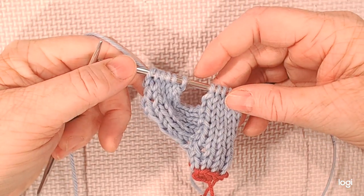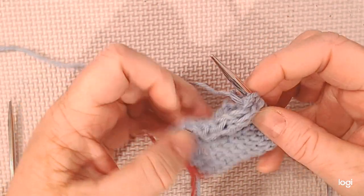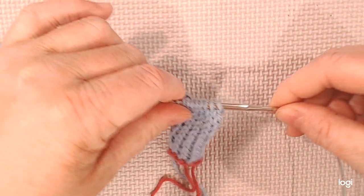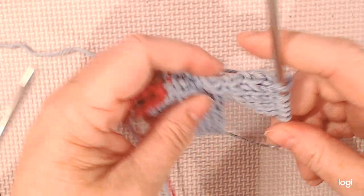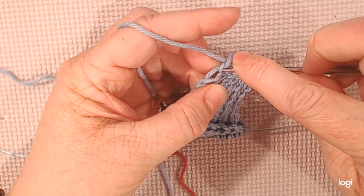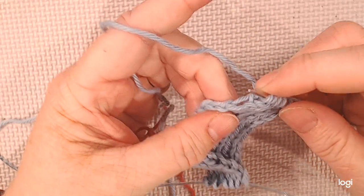Okay, so I've finished my second section. So we're going to pick up stitches again along the left edge. So you'll see it's a little bit tight to kind of maneuver. So what I was saying was this first section, we're just going to scooch down so that it's on the cable needles. And then that kind of frees up the needle a bit to maneuver more. So again, we're going to pick up our 6 stitches and still trying to go underneath 2 strands. We wrap around as if we're knitting. We pick it up. So that's 1,